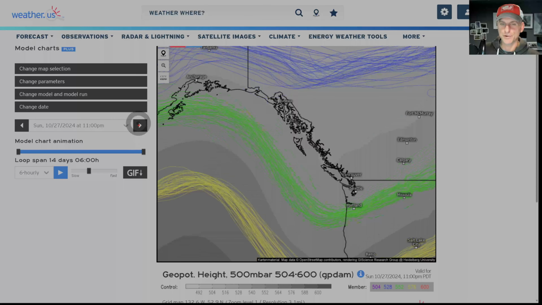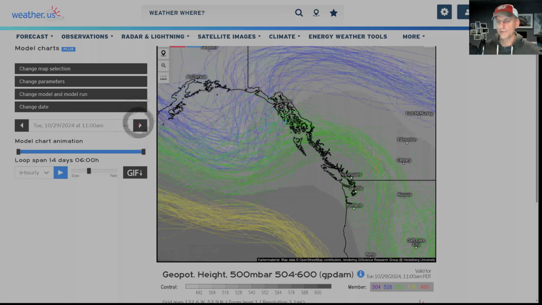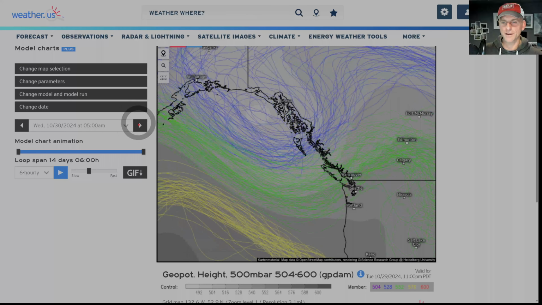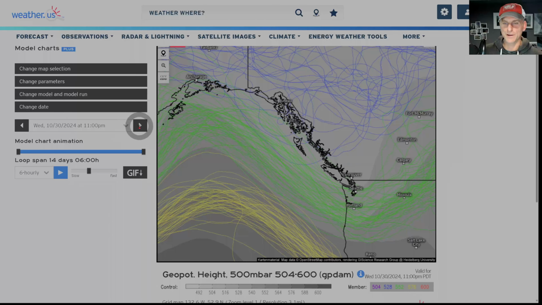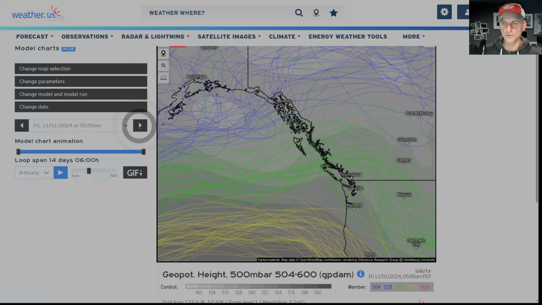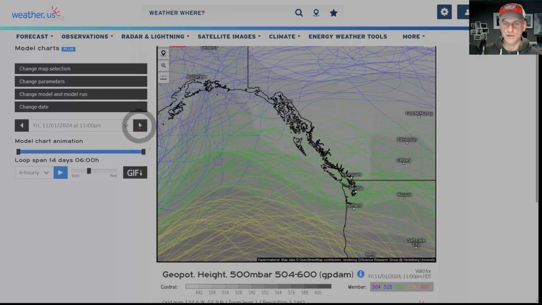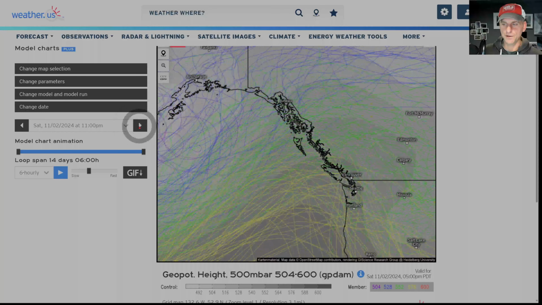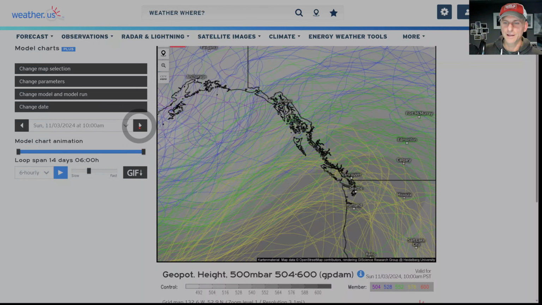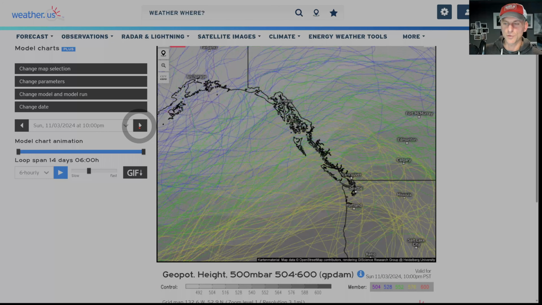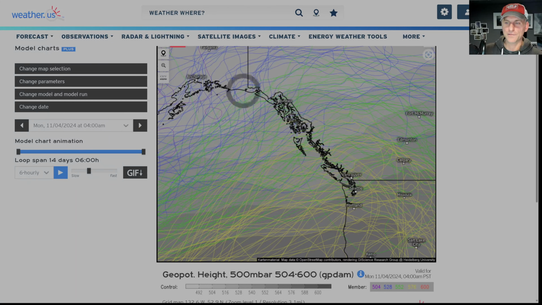Bear with me. We're going to go through October 28th now. We're going through the 29th. Does this start to take on a look of something? What do those look like? Do they look like noodles maybe? And if you go far off into the early portion of November, check it out. What does this look like? Looks like a bunch of noodles here, or spaghetti. And that's why they call this a spaghetti plus.